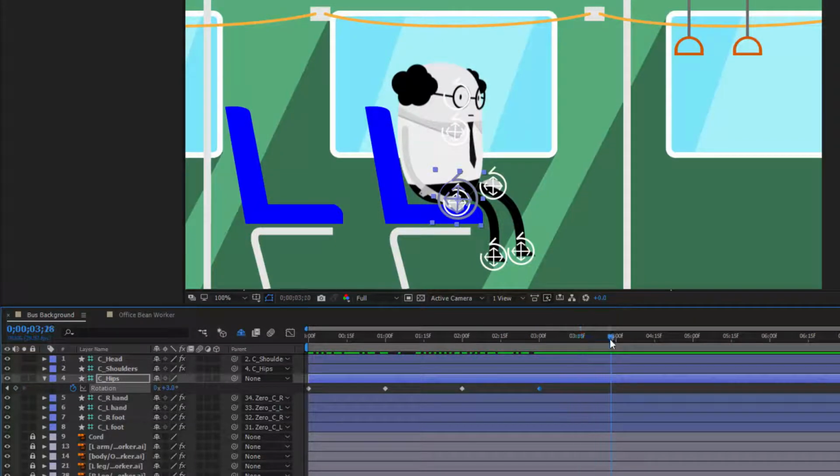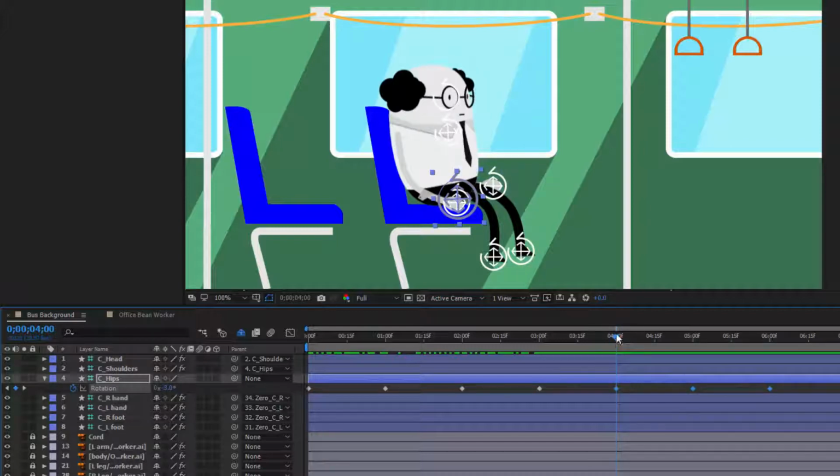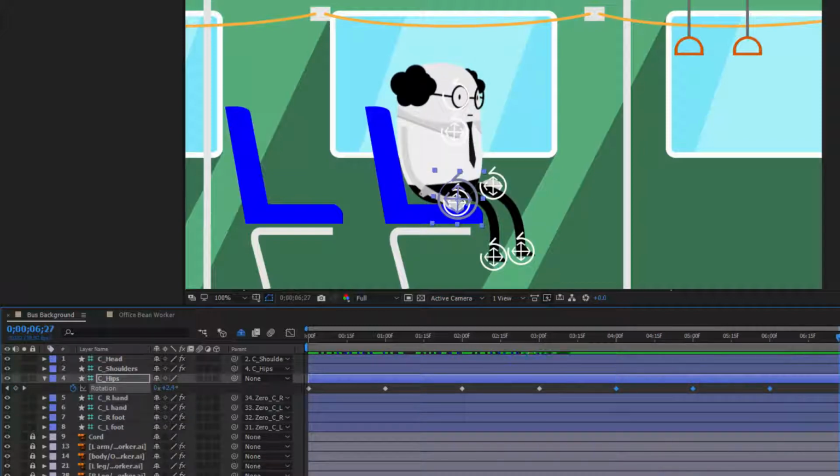So I could carry on at every second, adding the next keyframe. But this is a pattern, right? -3, +3, -3, +3. So I could also drag a box over my 4 keyframes, press Ctrl+C to copy, and press Ctrl+V to paste it where the timeline is. So if I move the timeline to my next second marker, 4 seconds, and press Ctrl+V, it'll drop those keyframes in again, and this will get me up to 7 seconds, which is probably going to be just about right